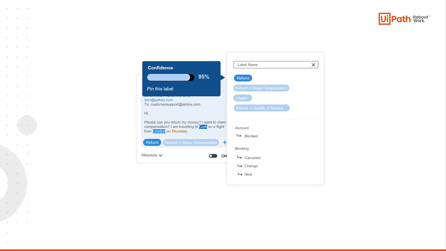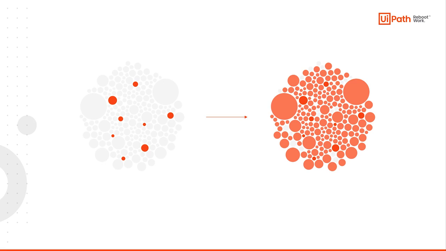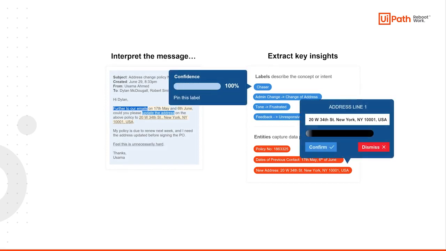With every training session, the platform continuously retrains, improving its understanding of each concept and data point and updating its predictions in real time. By labeling a small, representative sample of training data, the platform is able to apply its understanding of each label and entity at scale, automatically interpreting and making predictions across the entire dataset. The end result? Structured label and entity predictions, each with their own confidence scores, for every communication, just like this example email here. These predictions are made available for analytics in the platform or via the API for consumption by UiPath bots and other tools for automation or further analysis.